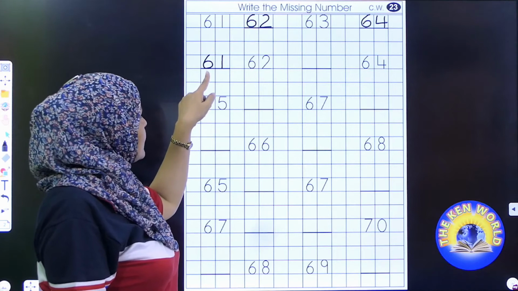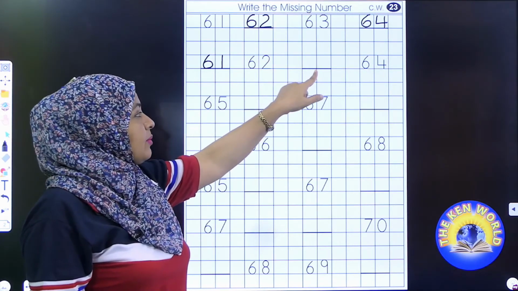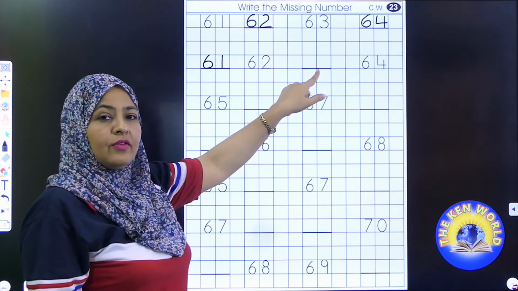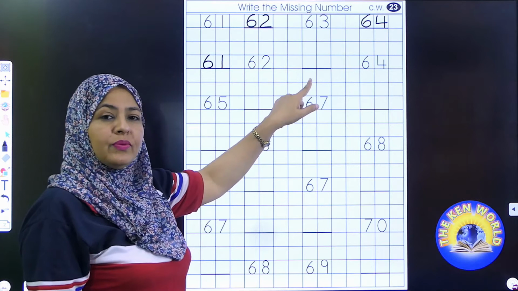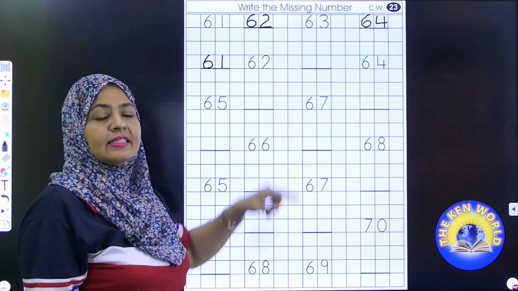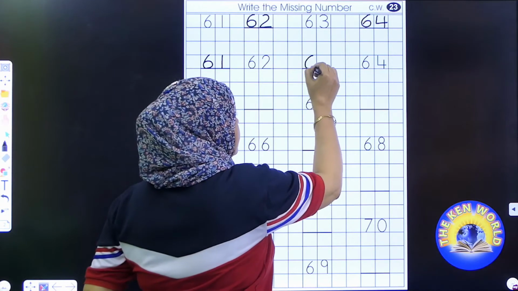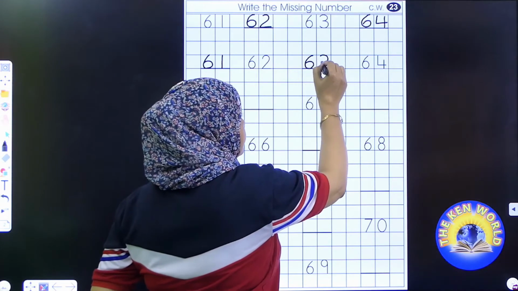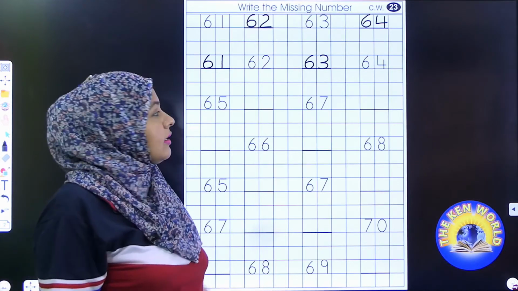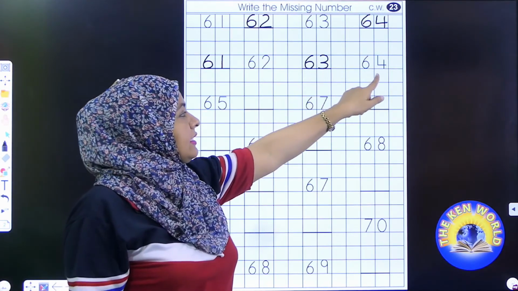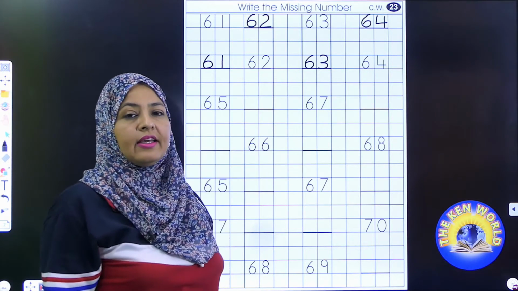Now look, 61, 62 and the next number is missing. For that, tell me what comes after 62. Great, 63. So write here 63. After 63, it's 64 which is written here. Have you all done?